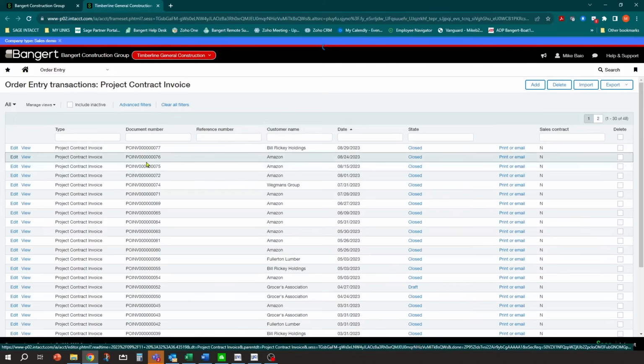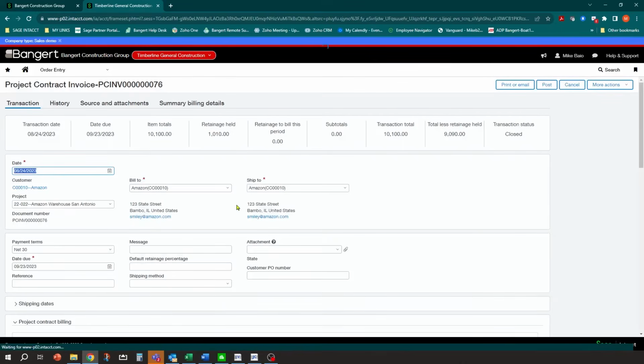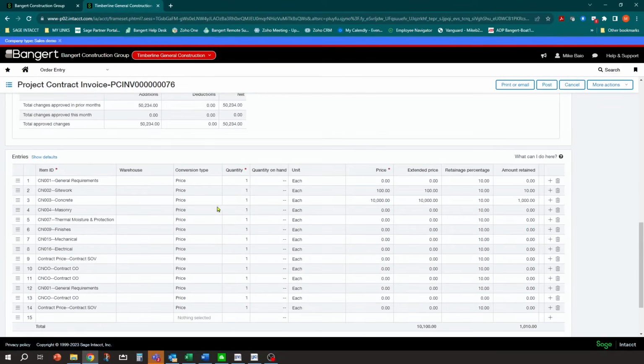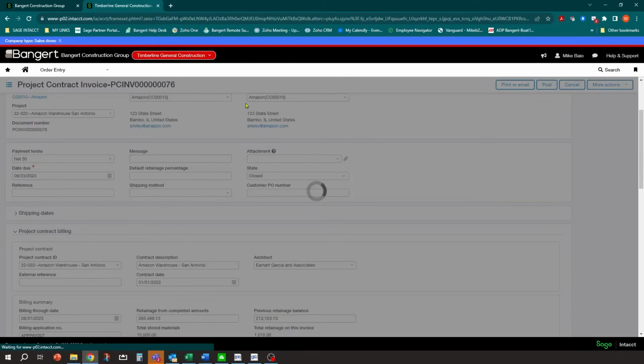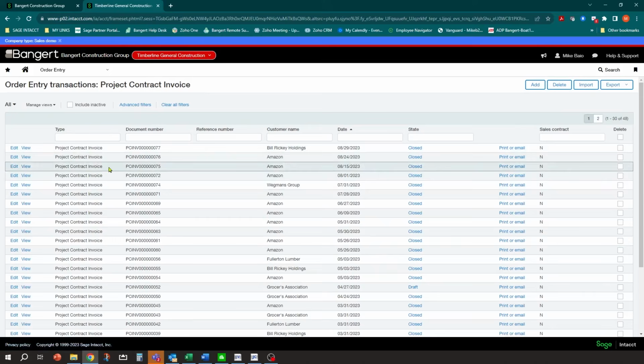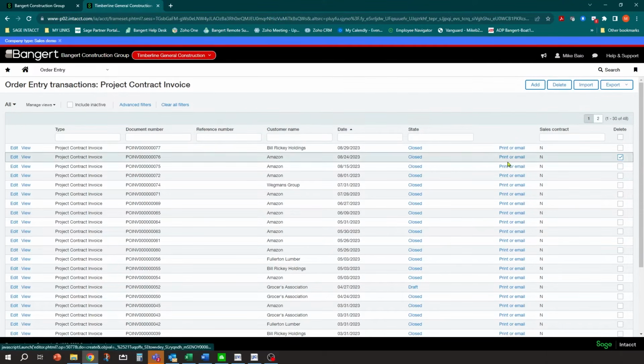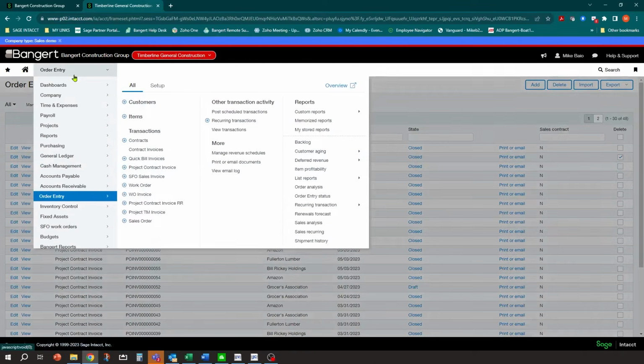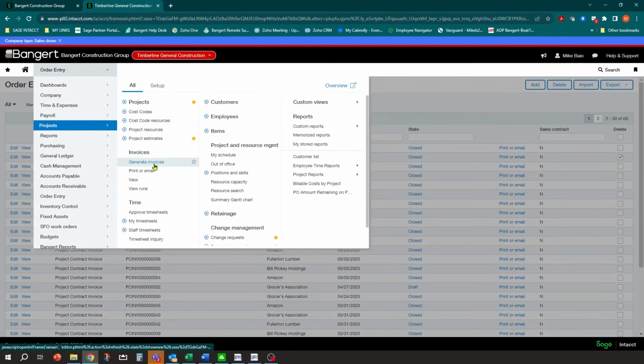Your editing is going to be limited because you use the contract, but actually you can edit it on the fly right here because there's no payment records against it. And then you can also just delete it out here. And if you delete it out here, now you can return it back and redo your progress billing over in the generate invoice screen.